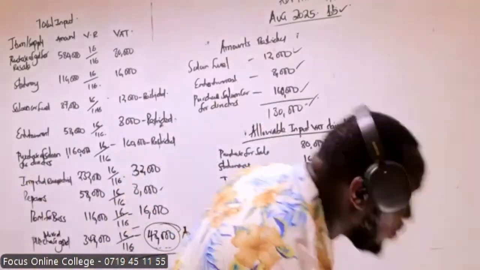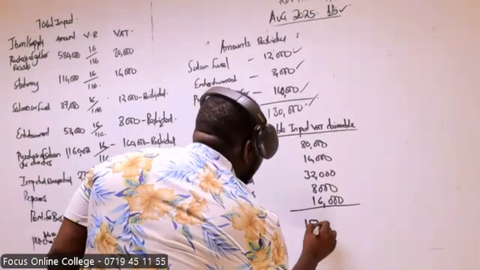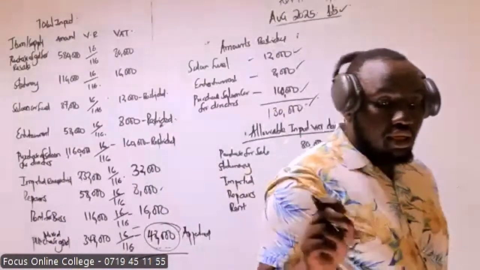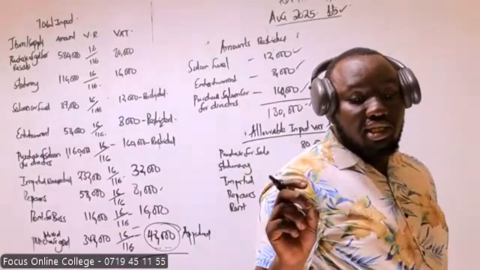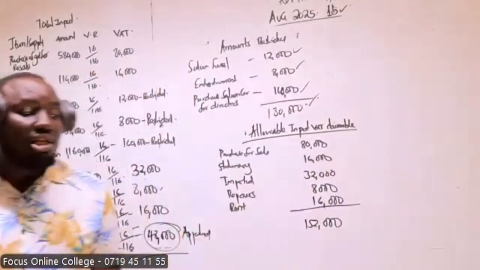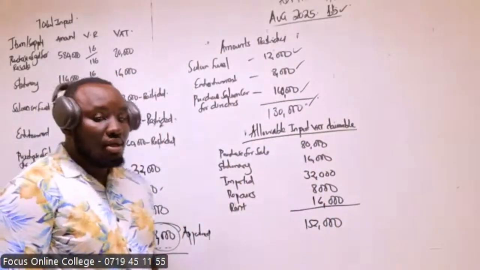So we're having 152. So when you're apportioning that figure, what did you say about the standard rate sales when you're apportioning? What did you say on the standard rate sales as we apportion? So we say that the standard